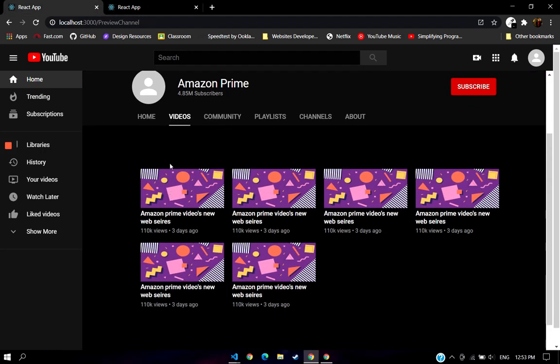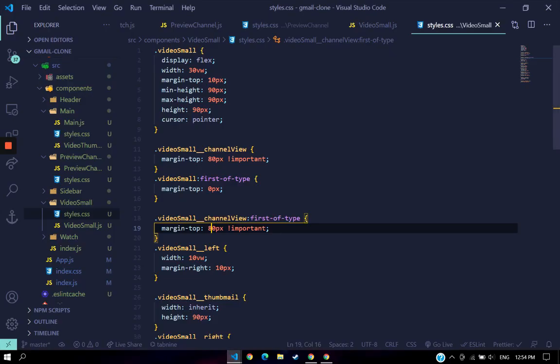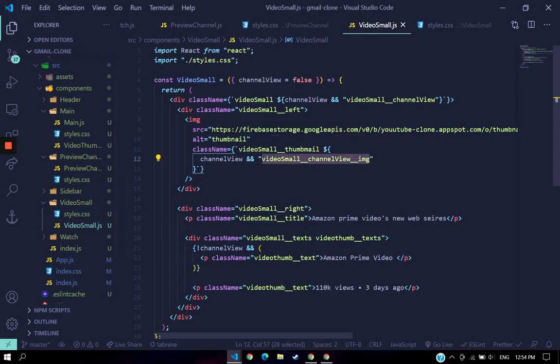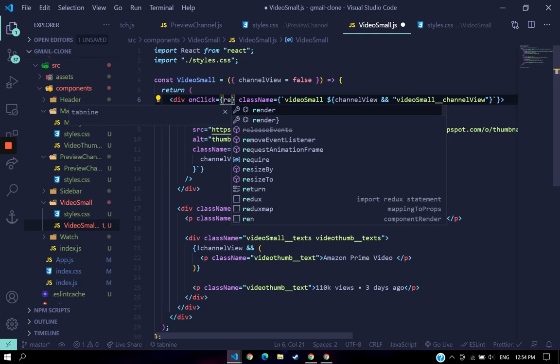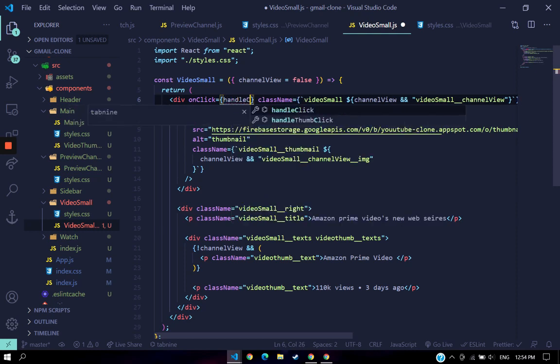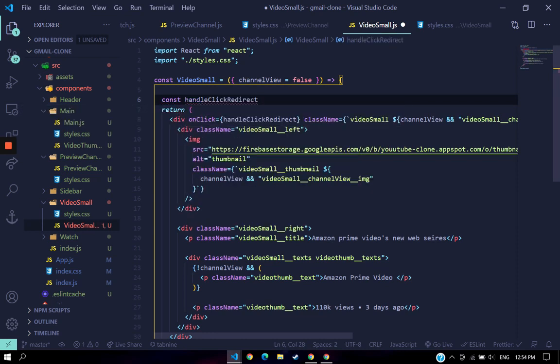Now the next thing, let's add a redirect here, so whenever the user clicks, he gets redirected. Go back to your video small. Inside of video small, let's add an on click, and when the user clicks on this, we want to redirect. We'll say handle click redirect. Then here say const handleClickRedirect equals to,